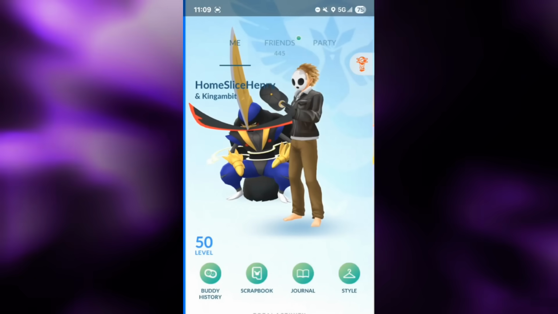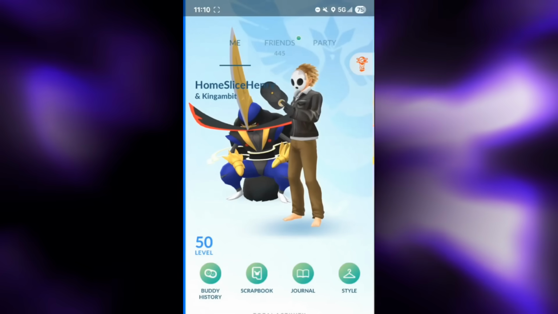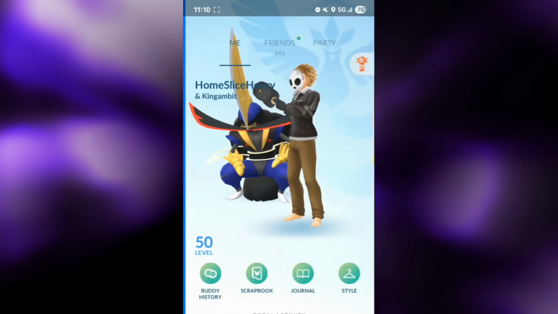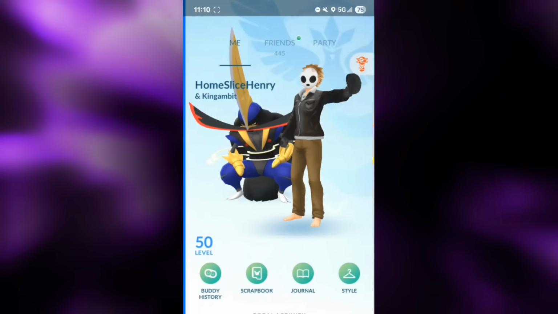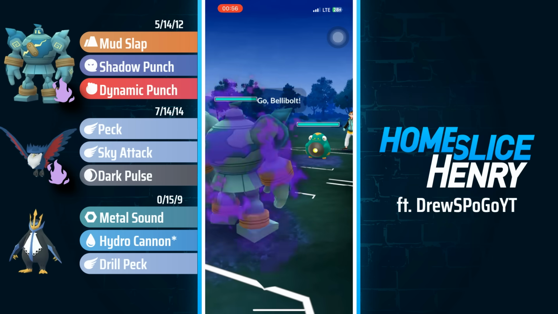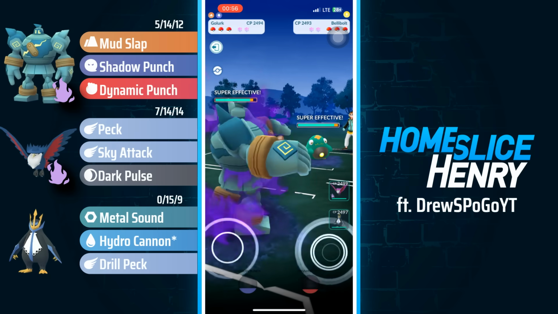Now it goes without saying, do not use Shadow Honchkrow in the Ultra League if you care about your elo whatsoever. It is insanely glassy. However, with the big rework to Peck, Drew brings it to the Ultra League, and the battles that follow are glorious. So without further ado, let's hop into the matches, and in game number 1, we see Shadow Golurk leading